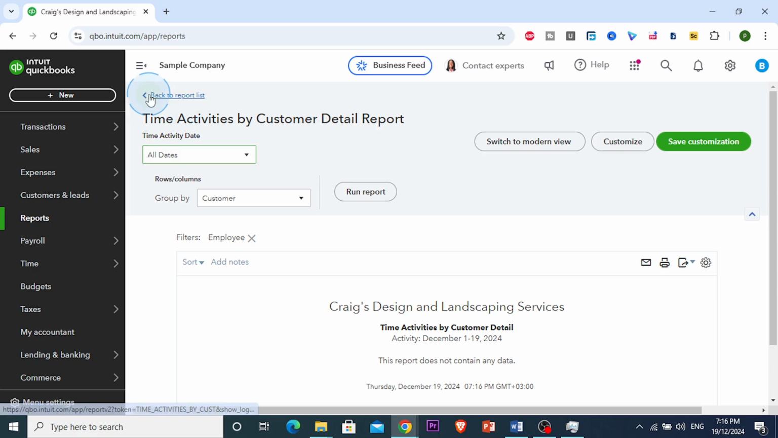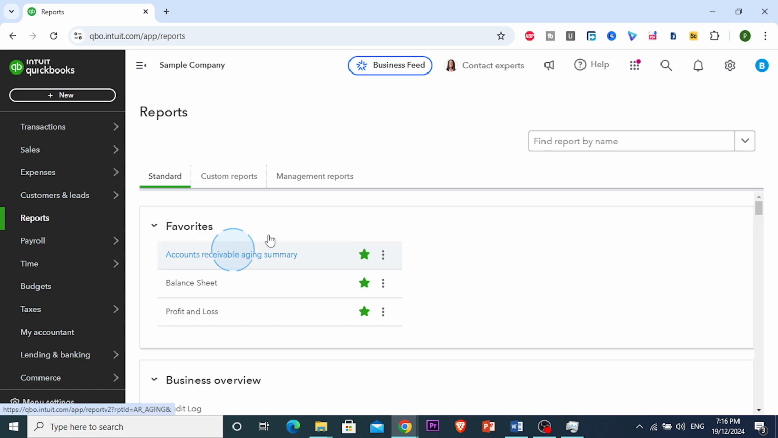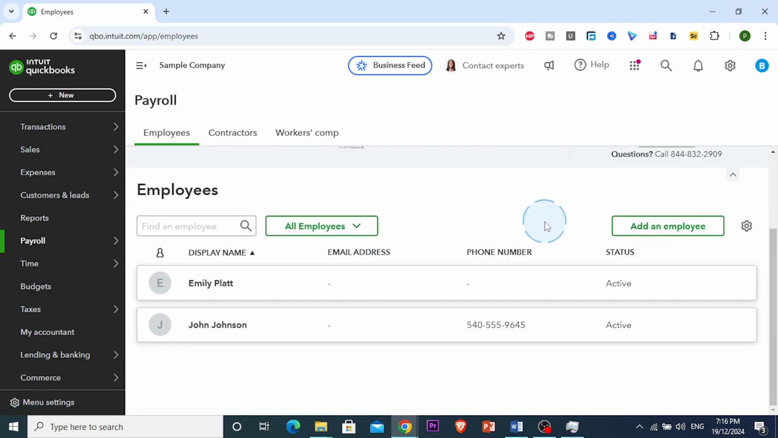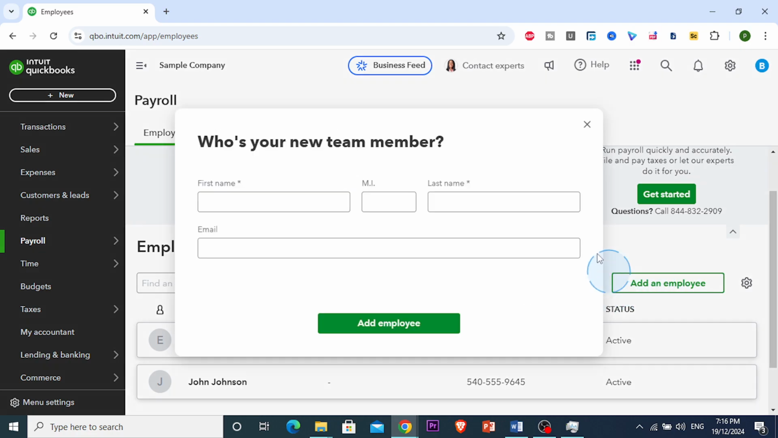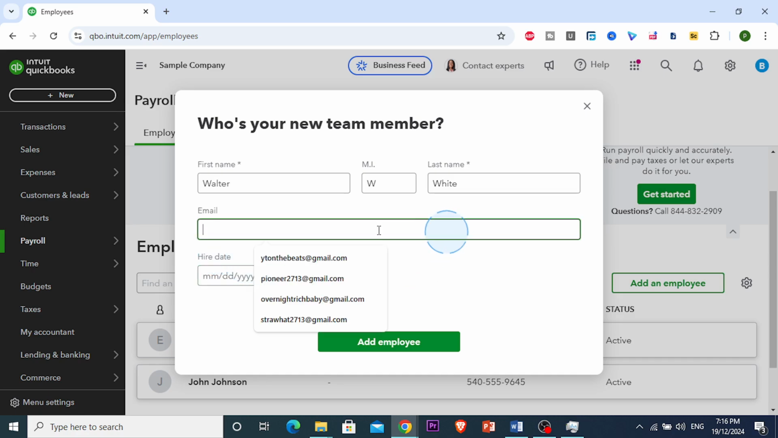That is fine. I'm going to now show you how to add a new employee right here, okay, in your payroll. So what you're going to be doing, guys, first, go ahead to payroll, click on employees, and then come here and click on add an employee. Okay, now the team member's name would be Walter, and his middle name you can add W. White. So his name is Walter W. White. You can add his email if you would like here, and then, for example, his email would be